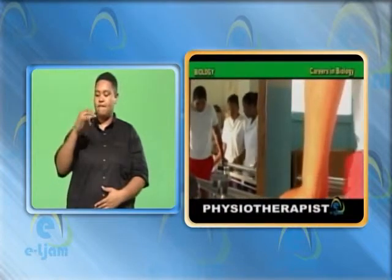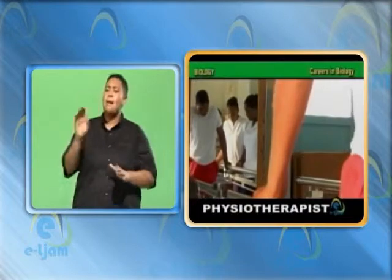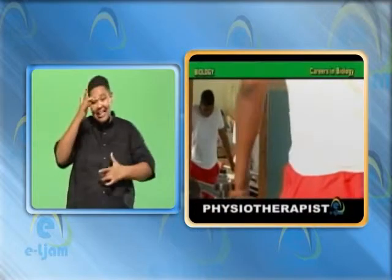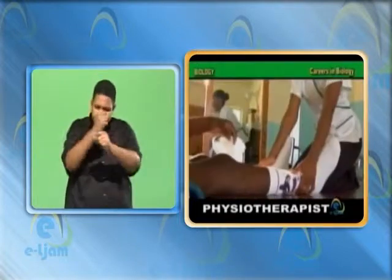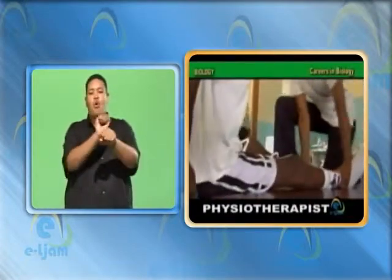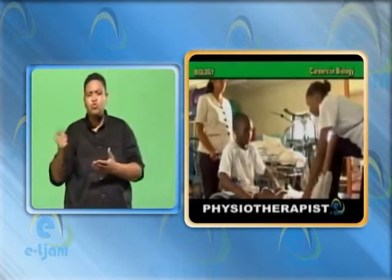Physiotherapist. The physiotherapist needs biology to understand what is happening inside the body when they prescribe treatment for the illness involving muscle and nerve damage. Biology also helps them to visualize how bones and muscles work together to facilitate the body to do work. Biology also helps them to determine how to administer treatment so as not to hurt the patient, especially those with